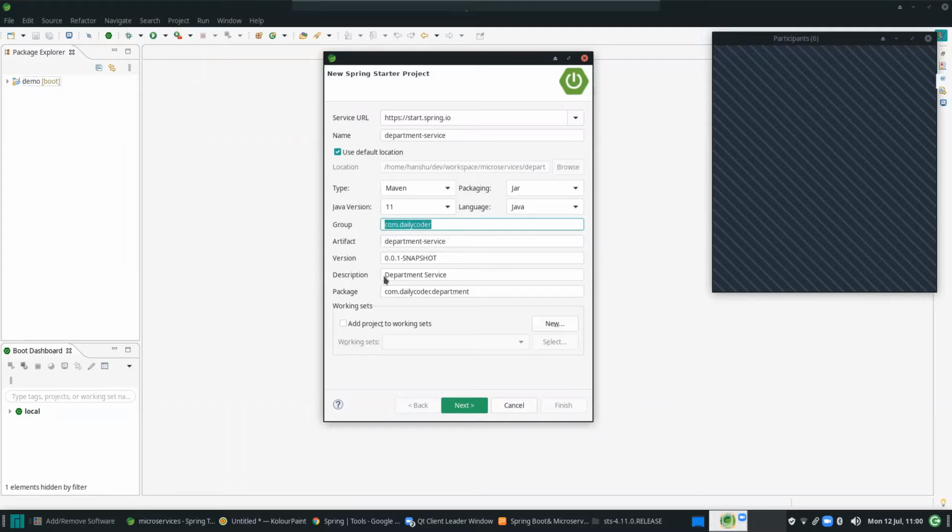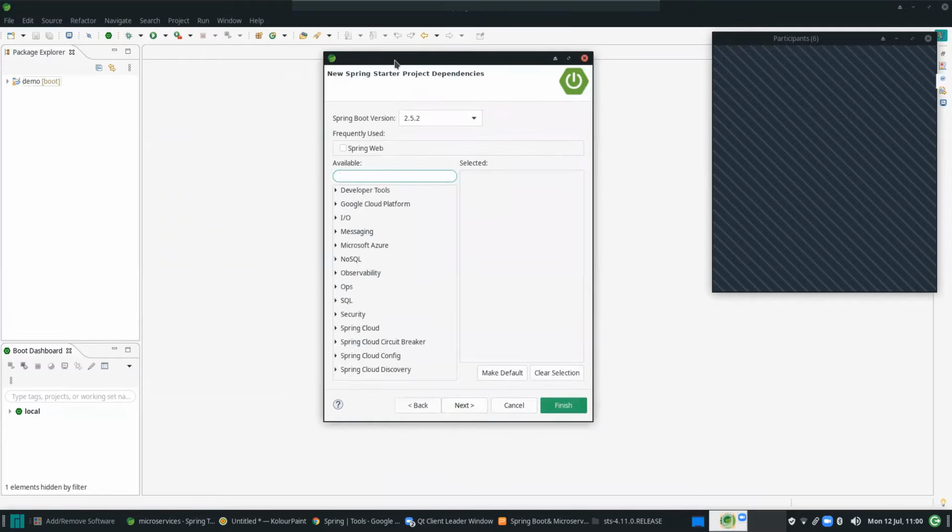For example, if you are creating an e-commerce application, you can have one group and different artifact IDs, that is the product service, the payment service and other services. The artifact ID will be different, but the group name is the same. So I have given the group ID, artifact ID, and I'll keep the version as it is, and the package I'm creating like this, and I'm clicking on next.